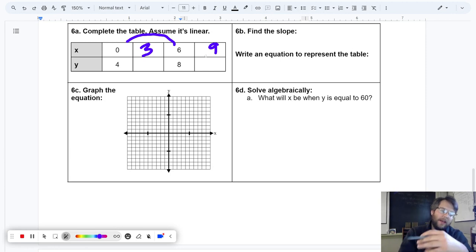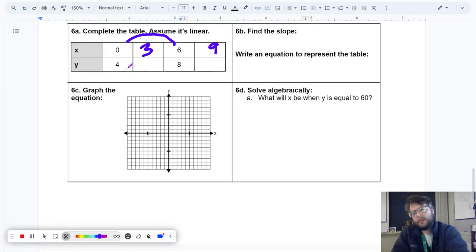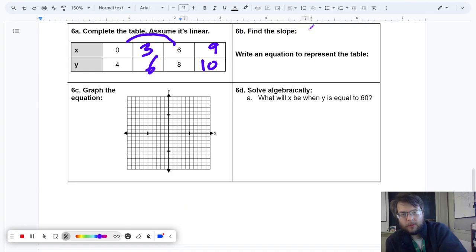If it's a linear pattern, you can look at them as just 2 separate linear patterns. What is the run for x, and what is the rise for y? Halfway between 4 and 8 is 6. Then I can see it's a going up 2 pattern, like that. My slope is 2 over 3, because its y value is rising by 2 and its x value is running